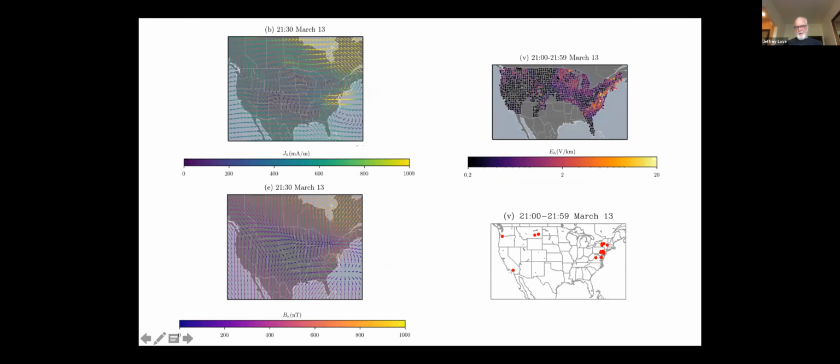Again, on the right here, showing those peak geoelectric field amplitudes across CONUS and the realization of the anomalies across CONUS. We can look back at the model of the geomagnetic field and infer the structure of the Electrojet system. Interestingly, here we see on the top left that the Electrojet is actually an eastward Electrojet. That's the opposite of what we showed in the previous 1 hour period of time that we zoomed in on. So that was a westward Electrojet.